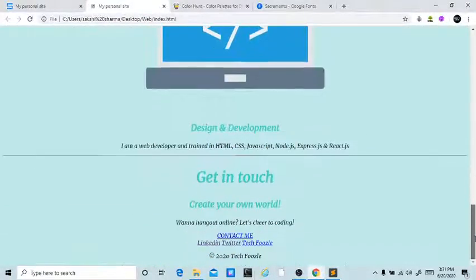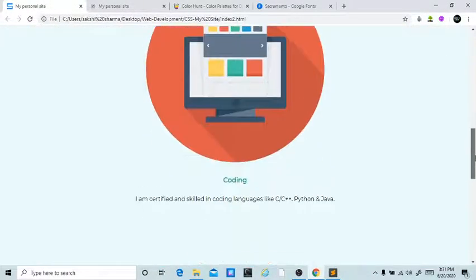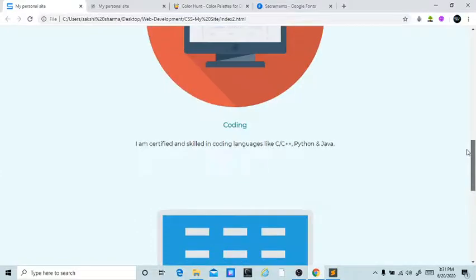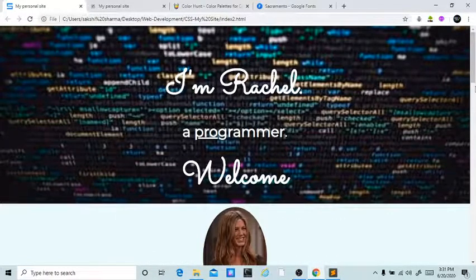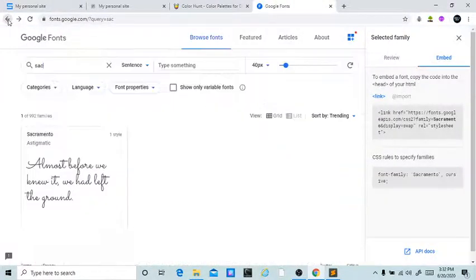But I think the font style of H3s should be somewhat thin, so we can always go to Google Fonts and look for a better option. As a programmer, you should always know that you have access to such open resources to make your website very attractive and great.